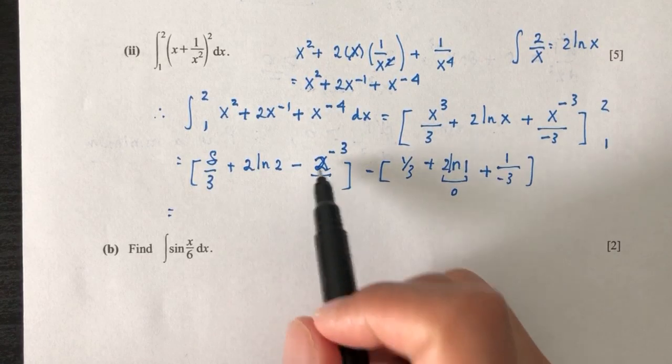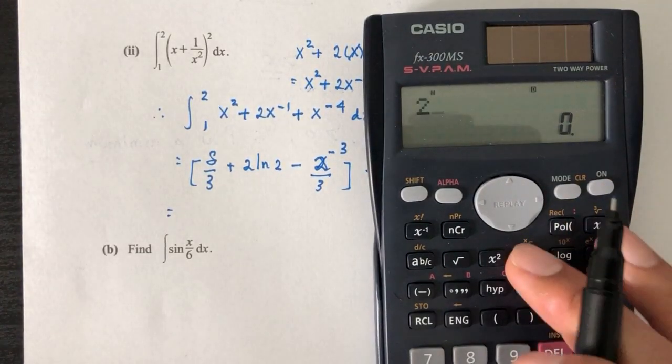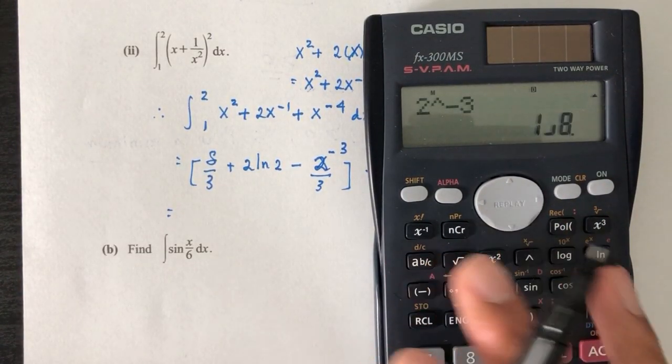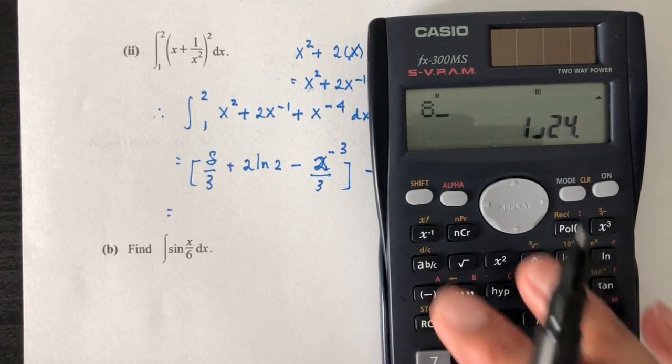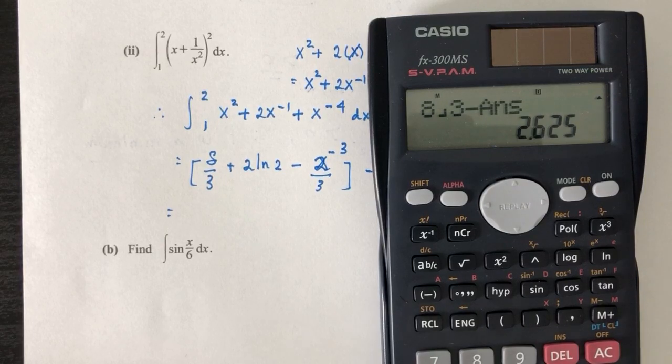What do we have here? So 2 power of minus 3 is 1 over 8, divided by 3. That will be 1 over 24. So 8 over 3 minus 1 over 24 will be